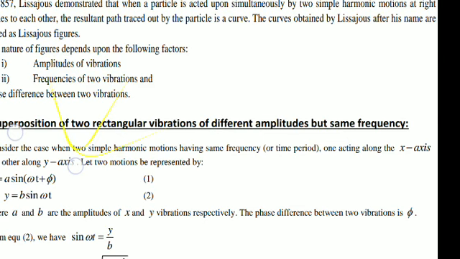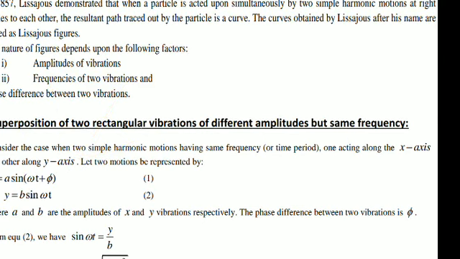It depends on the frequency and phases, including the initial phases of these simple harmonic waves. Normally we take amplitudes capital A and small b, which may be quite different from each other, sometimes the same. We will take the frequency of these two waves to be the same, but allow the phase difference between the two waves to change. Depending on the phase difference, we will see what Lissajous figures we get in this topic.